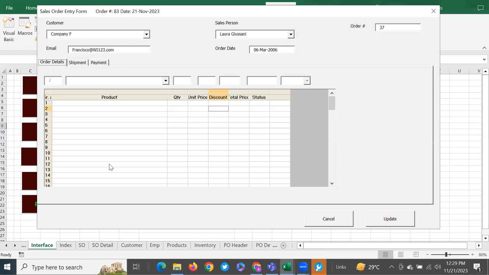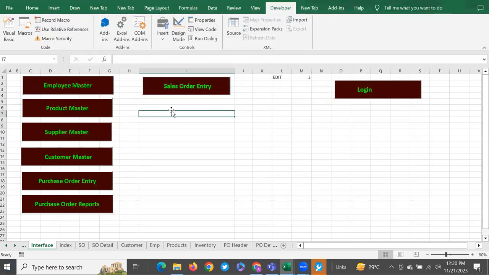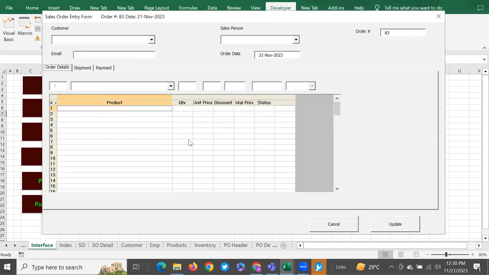But we have learned one thing in today's session: when the same code is being used in multiple scenarios, in the edit scenario and in the new, you can use a procedure with a parameter, so that you don't have to write the code again and again, because the same code is being used at the time of initializing the form as well. When you click sale order, it is still executing,